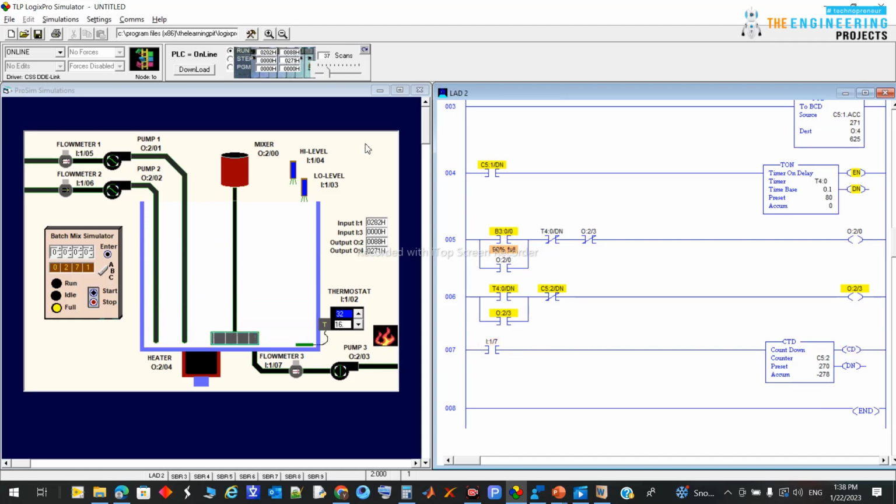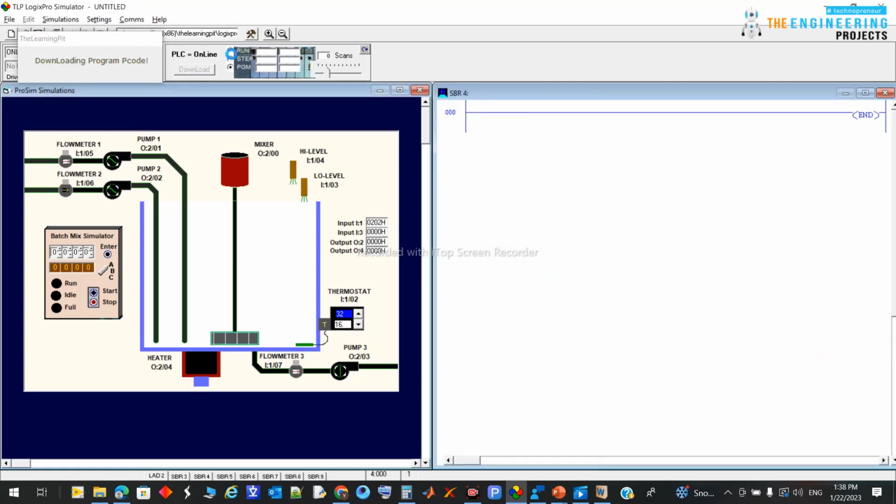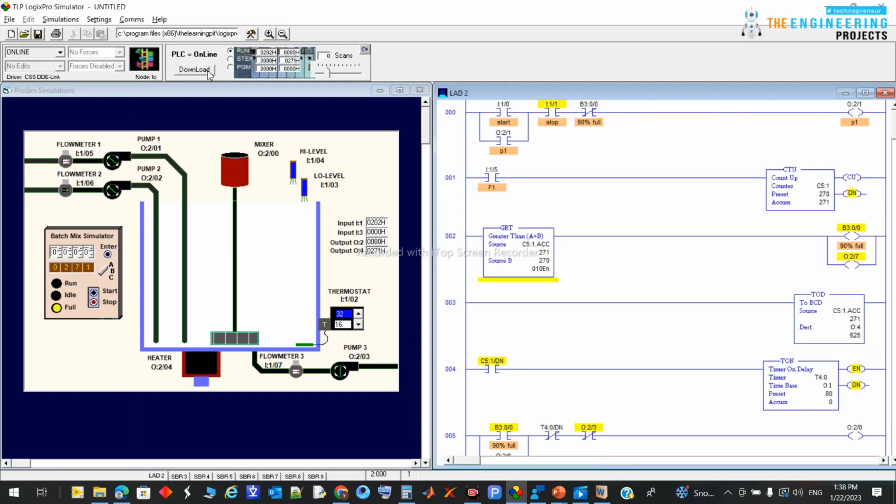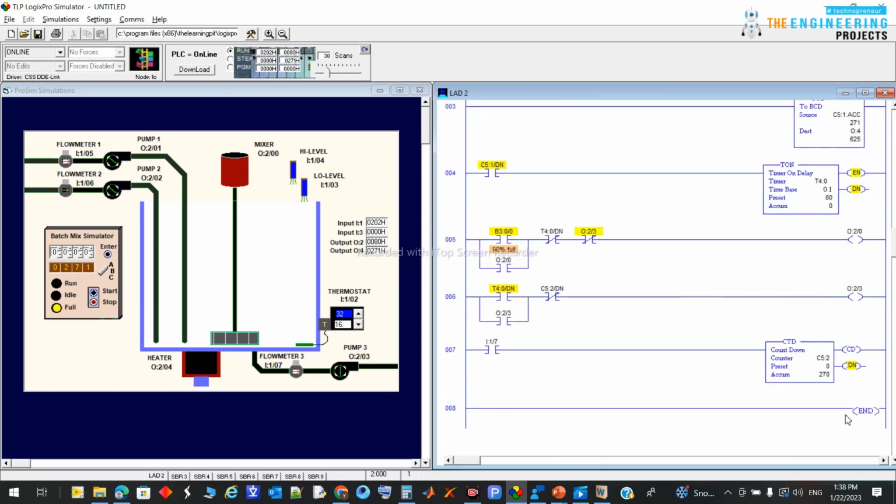Because it started from 0, this value should be starting from 270, I'm sorry, and the base value will be 0. So this value again to run the process again. You can see here this dump bit is still there, and this one is counting down, okay. So if I start the process again,